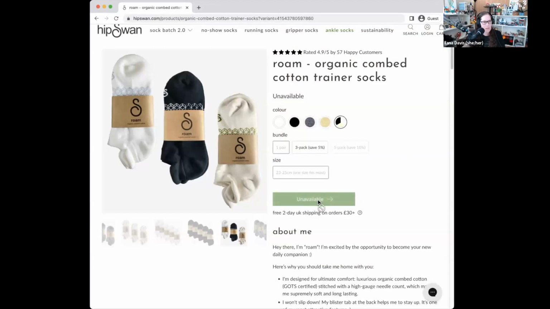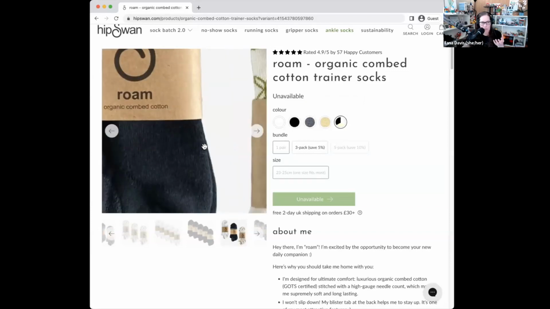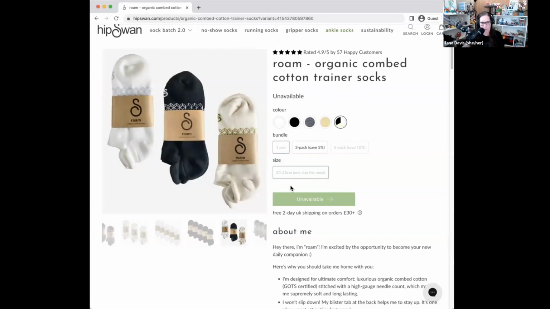The other thing, going back to this unavailable product, I would love to see a notify me when it's back in stock, or something along those lines, so that they're not just left wondering. If you could also potentially link to another product that might be similar in color, because this is a 3-pack of these different ones, maybe there's another one that is in stock that has the same color structure, but it's just not the no-show kind of thing.